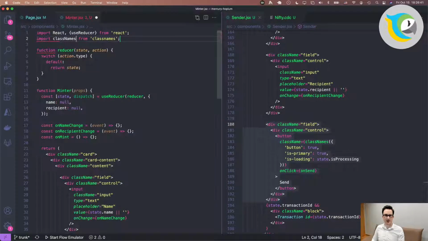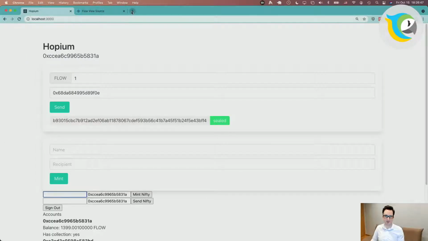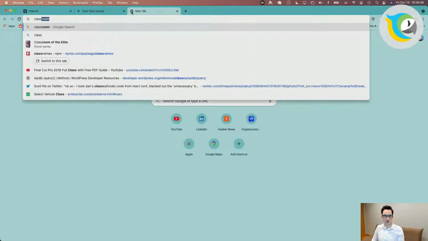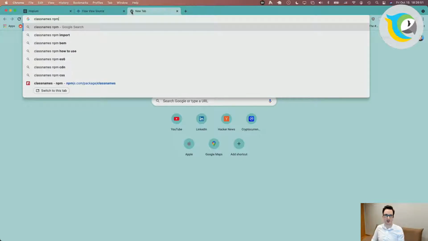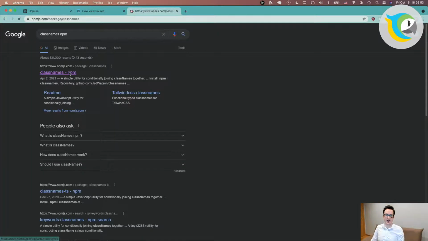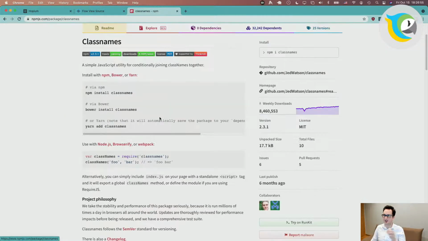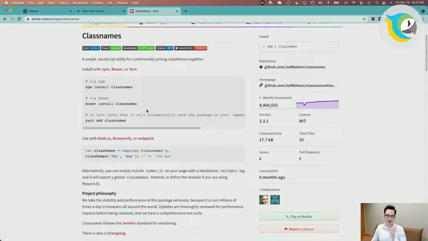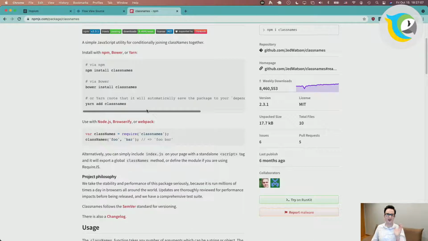So classnames, we import from classnames. This is another useful npm module. I end up using this whenever some state defines how my component will look, and whether that state is true or false oftentimes defines if I apply a class to a component.